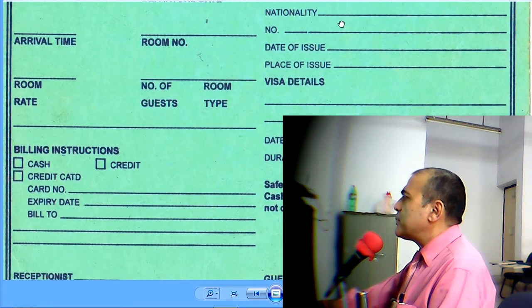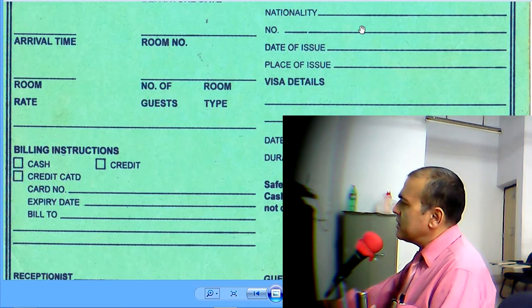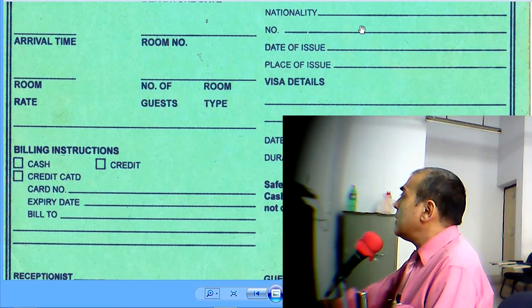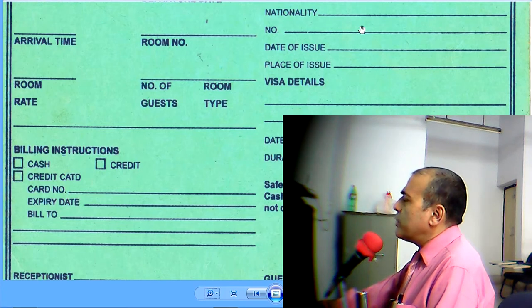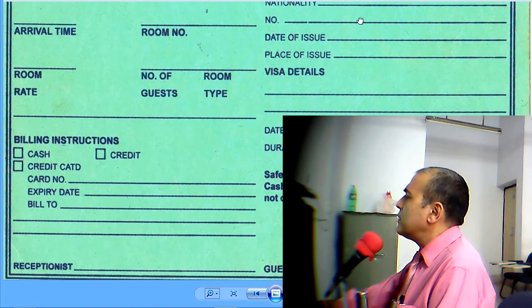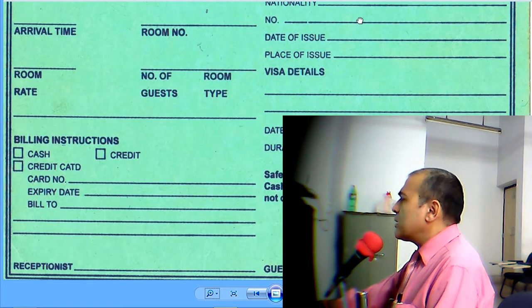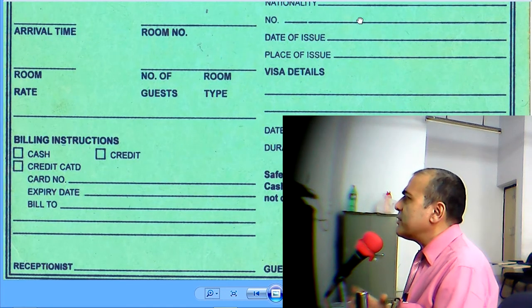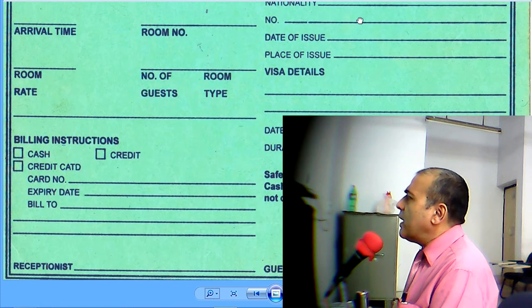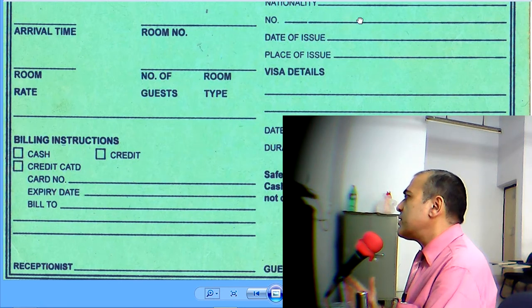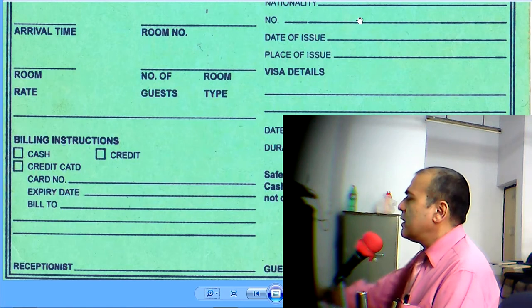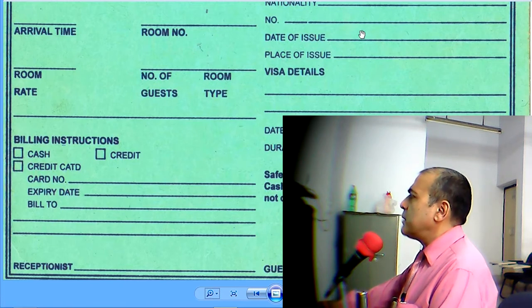Visas are of different types, many types. For example, tourist visa and business visa. We also have other visas like student visa. We also have work visa. We also have, what is that called? It is diplomatic visa. So people are permitted to visit a country for different reasons, and whatever it is, it is mentioned in the passport.